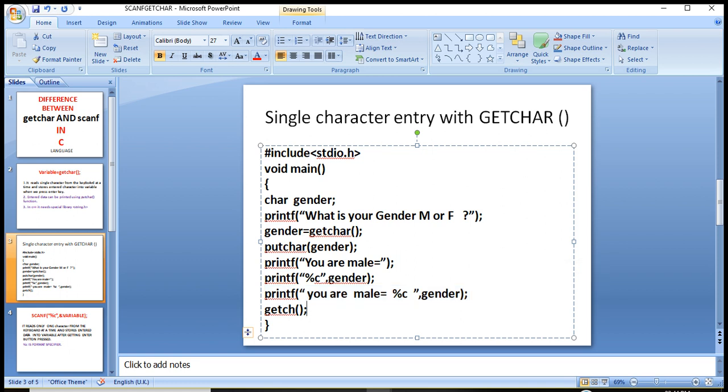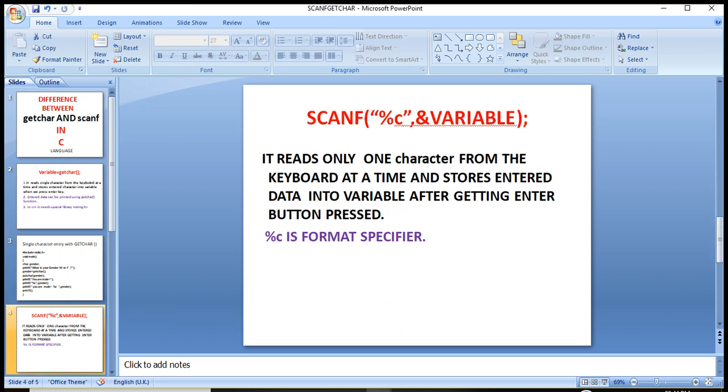Okay, so we have learned about the getchar function. Now we come to the scanf function. Scanf, %c, ampersand variable. It uses a format specifier, the scanf function, and it takes an ampersand sign with the variable name. The scanf function will read only a single character from the keyboard at a time and stores the entered data.